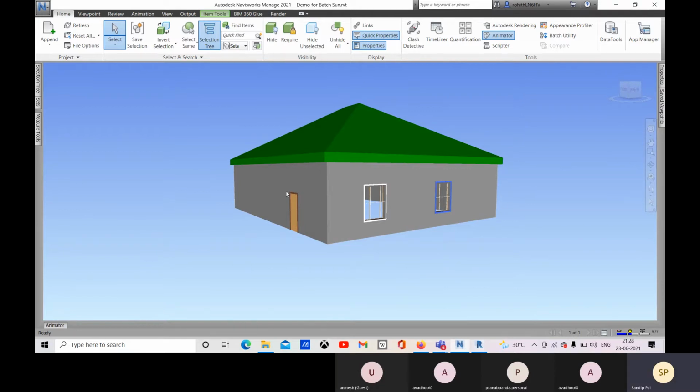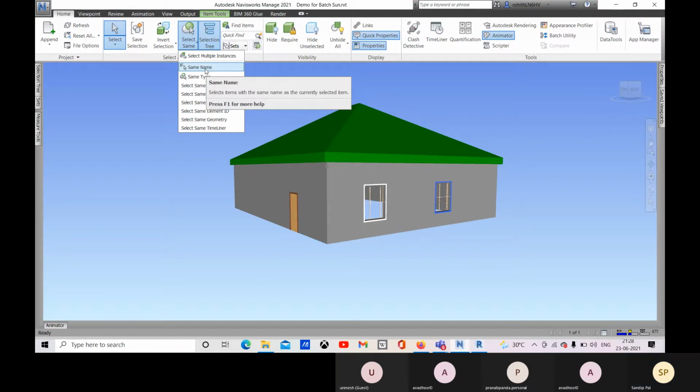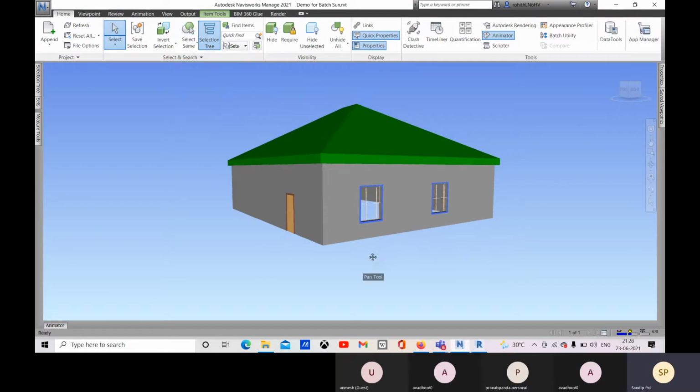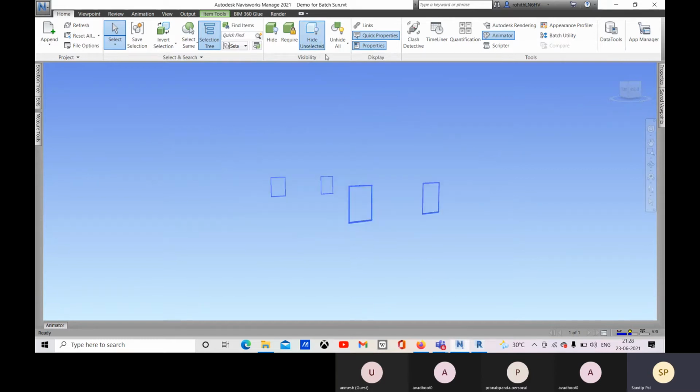You can select this also and then go for select same, and same name or same type. So if you want to select the same type element or same name, you can choose here. Then you can go for hide, or if you want to hide those which are not selected, you can go for hide unselected.